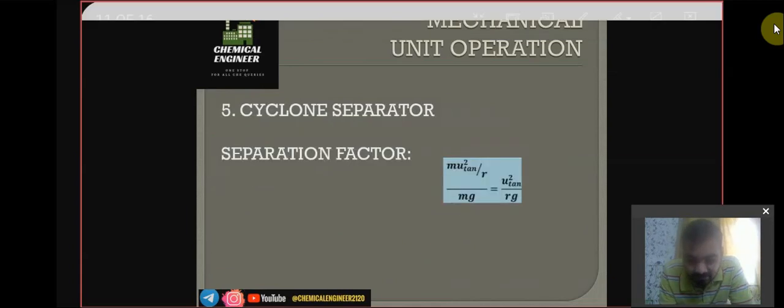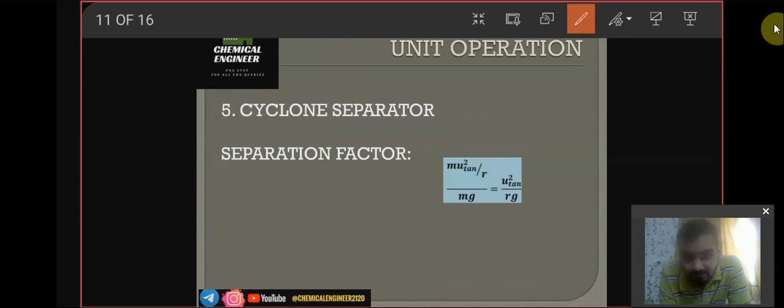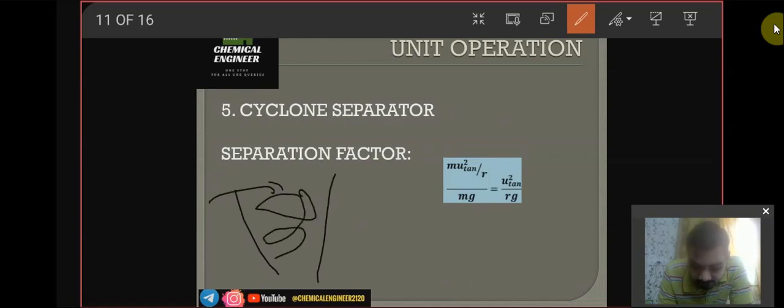Next we have cyclone separator. The GATE always asks this question, the separation factor in cyclone separator. In a cyclone separator we have nothing but a cyclonic force. We pass some particles, they revolve and then come out from the bottom. By the force balance we get that mg is the downward force and mv square by r is the tangential force. So separation factor is related to how much cyclone is created, how much tangential force or cyclonic force is applied. So mv square by